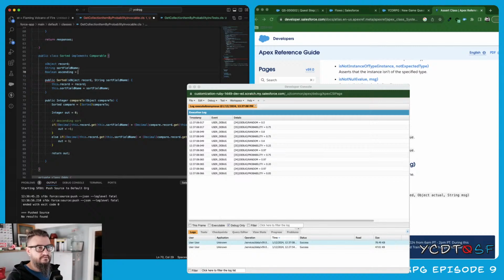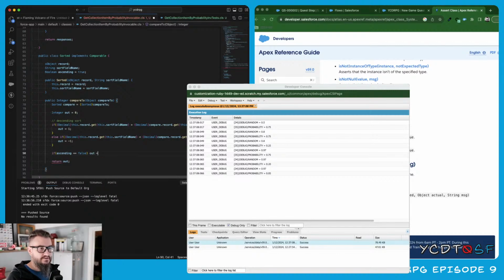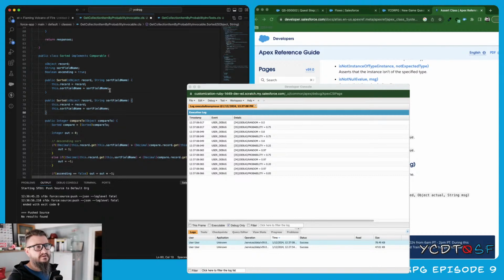And if it's true, then we would flip these. What I would really do is say this is the sorting if it's ascending. And then if ascending equals false, then I would say out equals out times -1, right? So that would flip it. Yeah, let's go with that. And then we could actually overload this with a